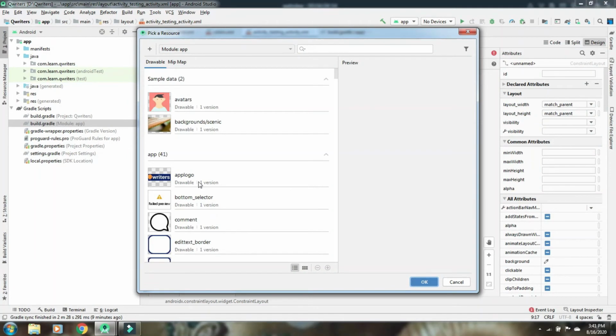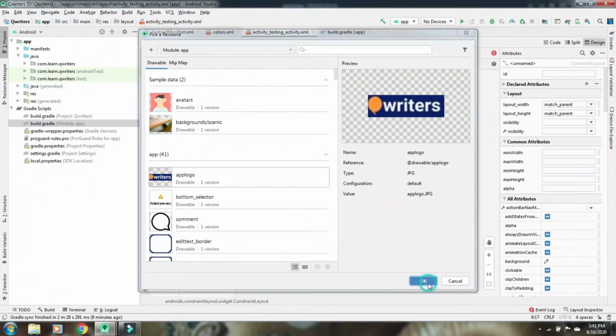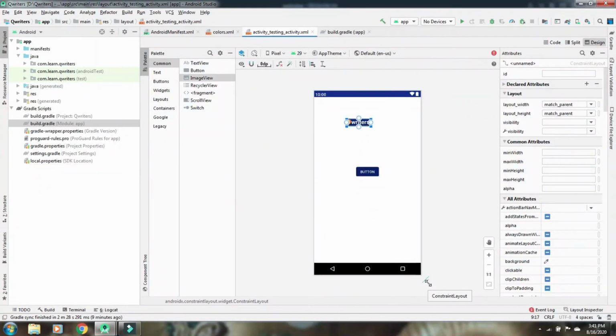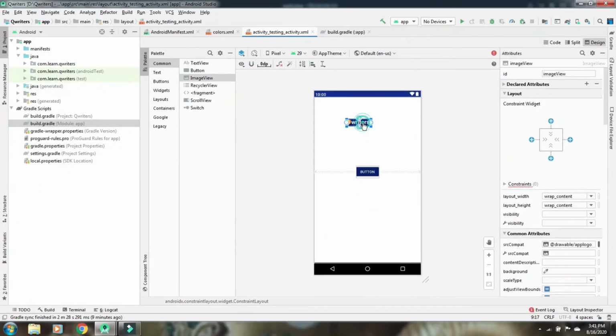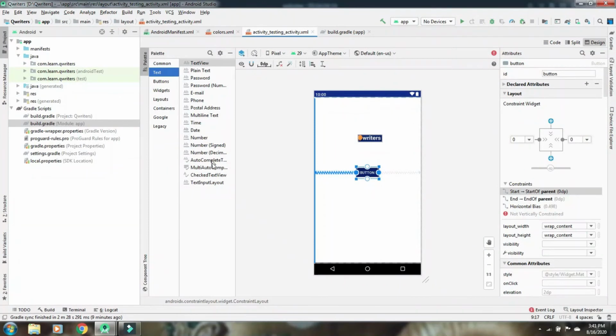Suppose I want this logo, just click on OK, or you can get it from outside as well. You can change this position also, where you want to place it. Initially the button size also, like if you want the button at the start or in between here, and various other text. If you want to show text, you can see text from here, and various other layouts.